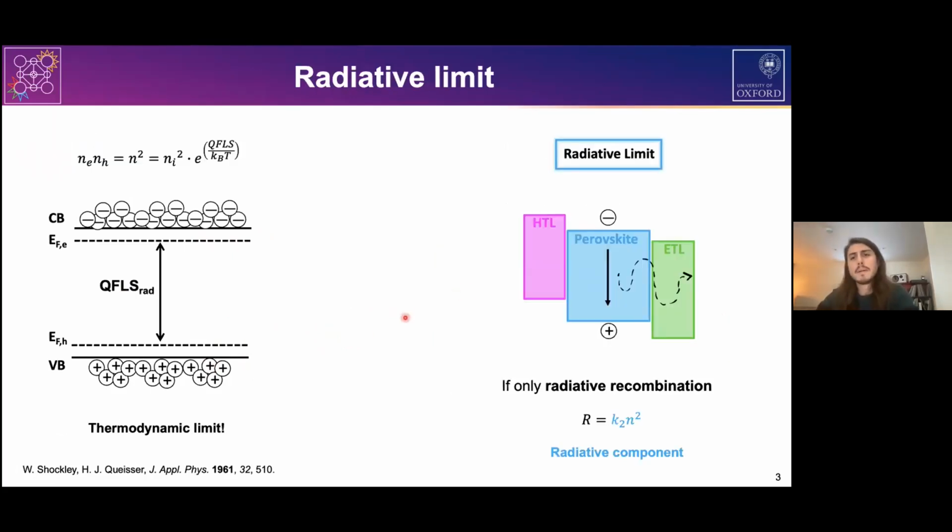Now, if you have an ideal case where the only recombination process happening in our device is the recombination of electrons and holes across the band gap, through a radiative process with emission of photons, this situation represents a radiative limit. So an ideal scenario, and the magnitude of the quasi-Fermi level splitting in this scenario is what we call the thermodynamic limit. It's the maximum splitting of the quasi-Fermi levels, and we cannot overcome this